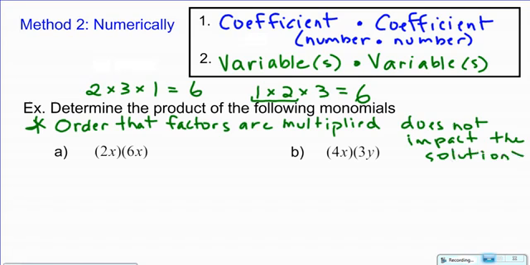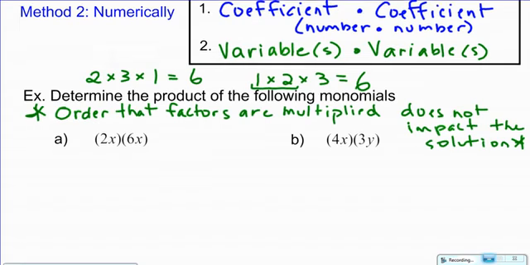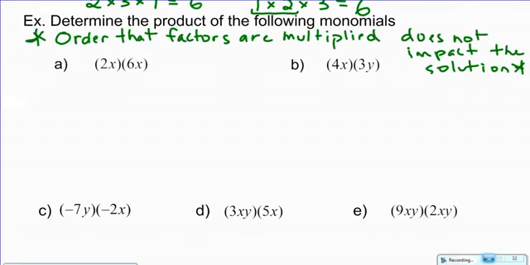Okay, it doesn't impact your product. So keeping in mind numbers with numbers and variables with variables, we're going to rewrite this. So right now we have 2 times x times 6 times x. So we're going to reorder it so that the numbers are being multiplied with the numbers and the variables are being multiplied with the variables. So we're going to have 2 times 6